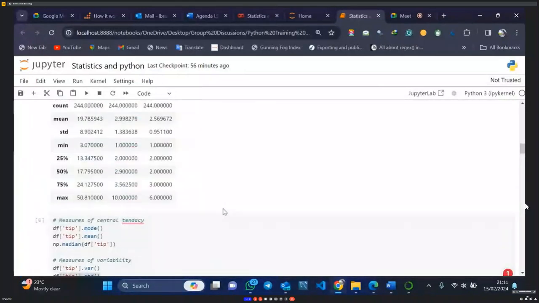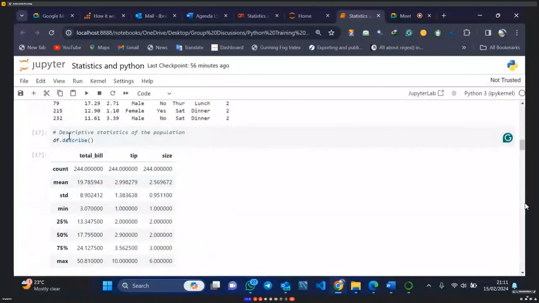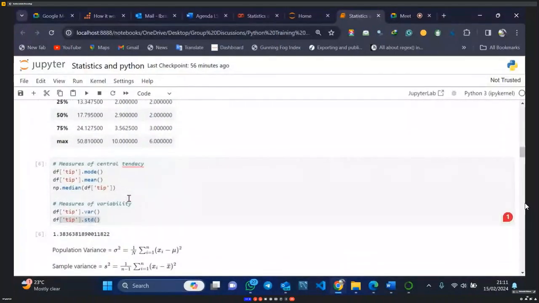Let me try and check something here. We have the summary statistics that give us the mean for this tip, and the mean is 2.99 something. And the mean that we have calculated here